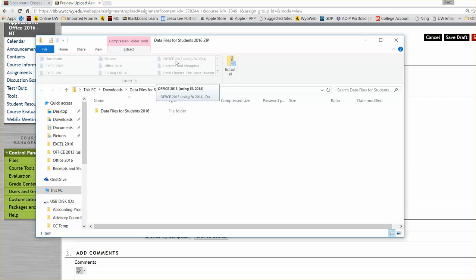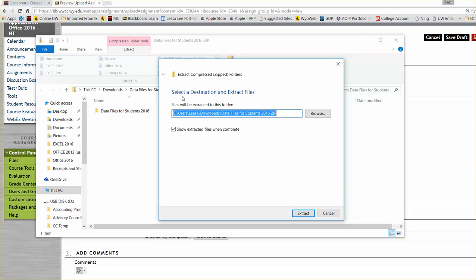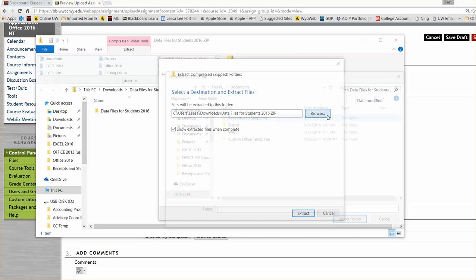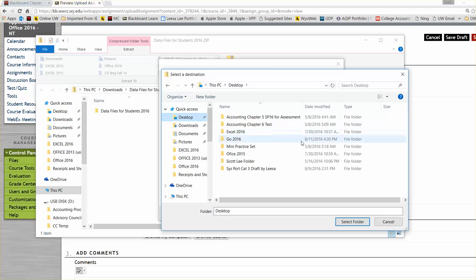The only thing you need to know before you extract it is where you're going to land the files that have been uncompressed or converted back into regular size. For you, probably you're going to save them on your computer, possibly on your USB device. For this example, I will just use the desktop. So I'm going to extract all, and when I select my destination, I'm going to browse to the desktop, and